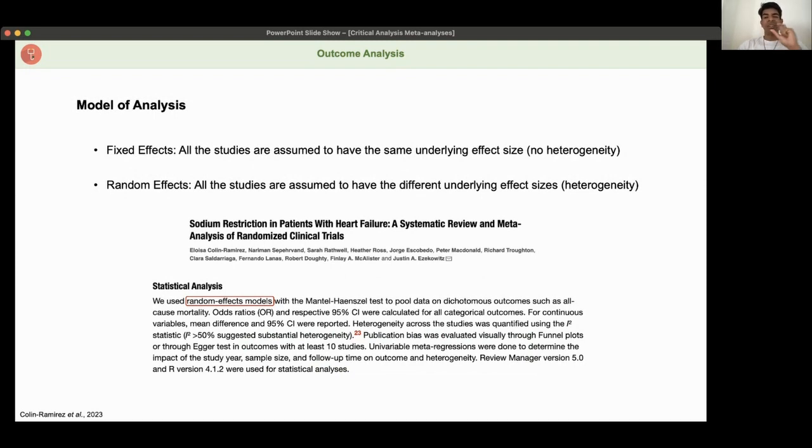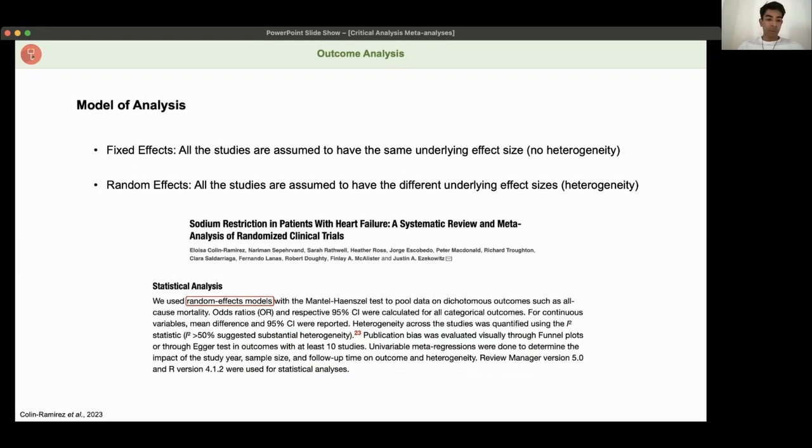Maybe they've used a different dose of their intervention. Maybe they've looked at patients for a longer duration of time. Maybe they've used only inpatients versus outpatients. All studies will have some degree of heterogeneity. So that's just a fancy word for differences, which is why a meta-analysis using said studies should use a random effects model, because it's very unlikely that all your studies have the same underlying effect, because that essentially means every study has been done exactly the same way, which is very unlikely.